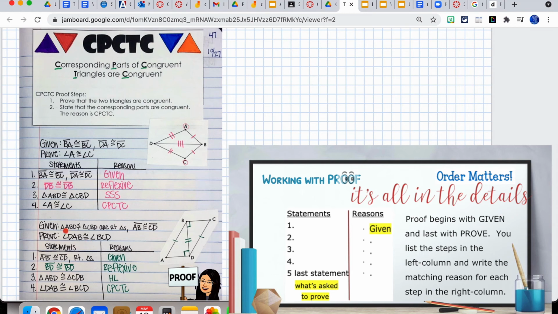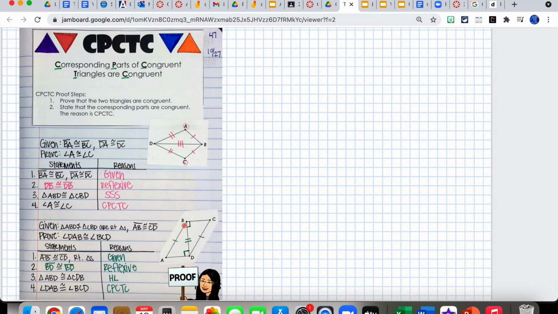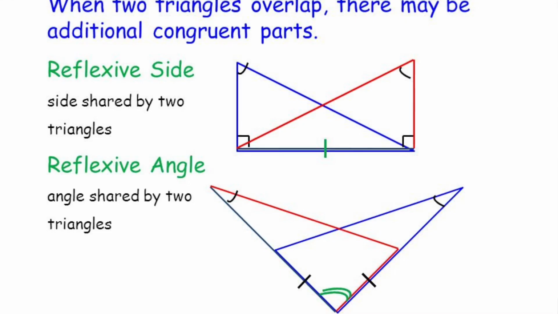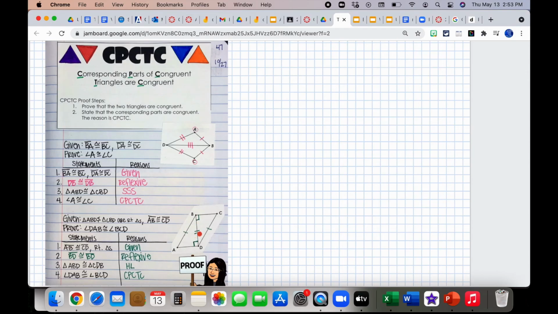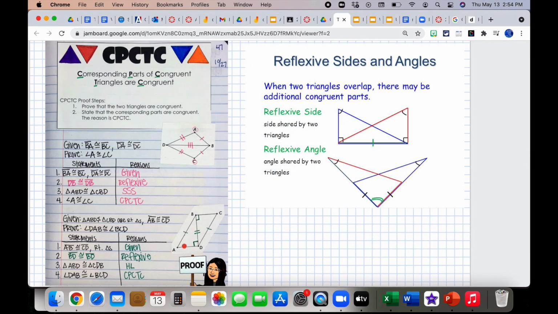The first one is triangle ABD and triangle CBD are right triangles. So that was given. We marked it with the 90 degree. And the side that is given, I marked it with the tick mark. AB is congruent to CD. And the shared side is not given, but we can always mark it when it is shared. A shared angle or shared side is reflexive,